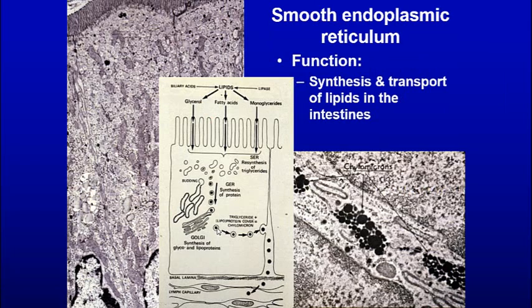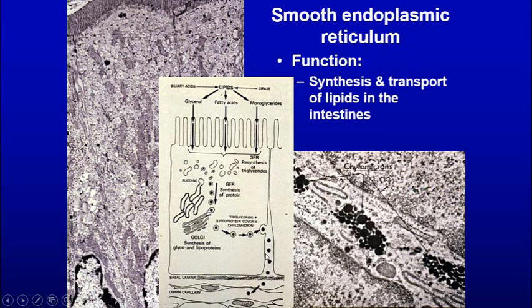Now the smooth endoplasmic reticulum also synthesizes and transports lipids in the intestine. Here we can see this intestinal absorptive cell. Here's the lumen where you have your foodstuff, and glycerol, fatty acids, and monoglycerides come through. Then they're resynthesized here as triglycerides. Then the triglycerides interact with the rough endoplasmic reticulum that has pushed proteins to the Golgi. So from the Golgi, the resynthesized triglycerides pick up protein, and then they become chylomicrons,